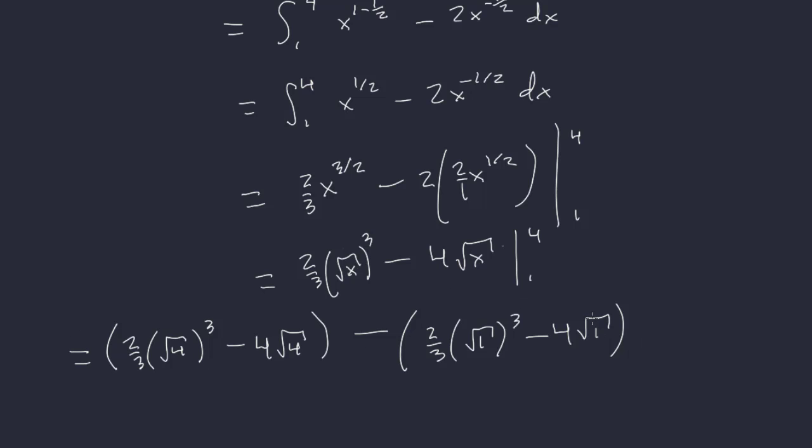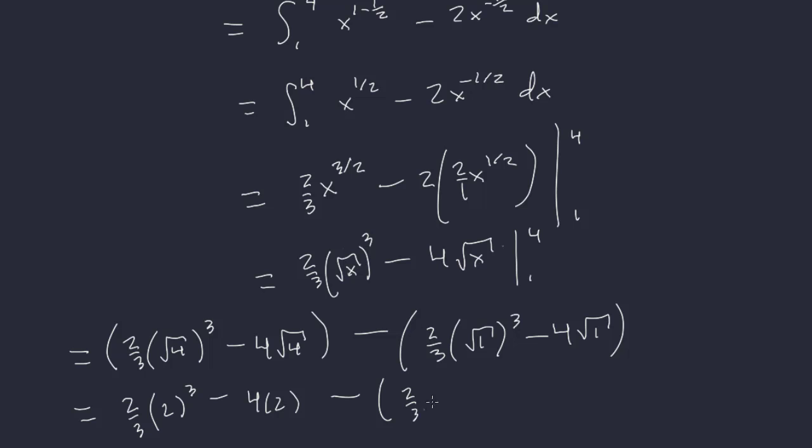In fact, if you wanted to, say on an in-class quiz or test, if you just wanted to stop here, I don't think I'd be able to count that wrong because that is still correct. Now, of course, we are going to simplify this a bit, but to me, the integration and plugging it in the right order is what is key. It's what's important. Okay, so anyway, this will be 2/3 times 2 cubed minus 4 times 2, and minus, I'll keep the parentheses,